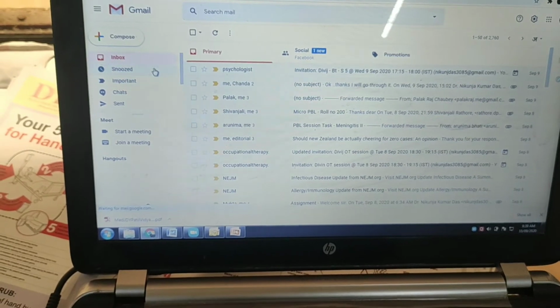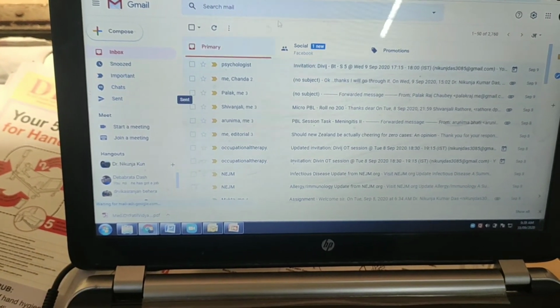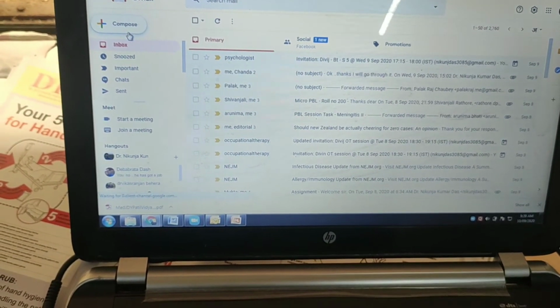You can open the mail, then go to Compose.